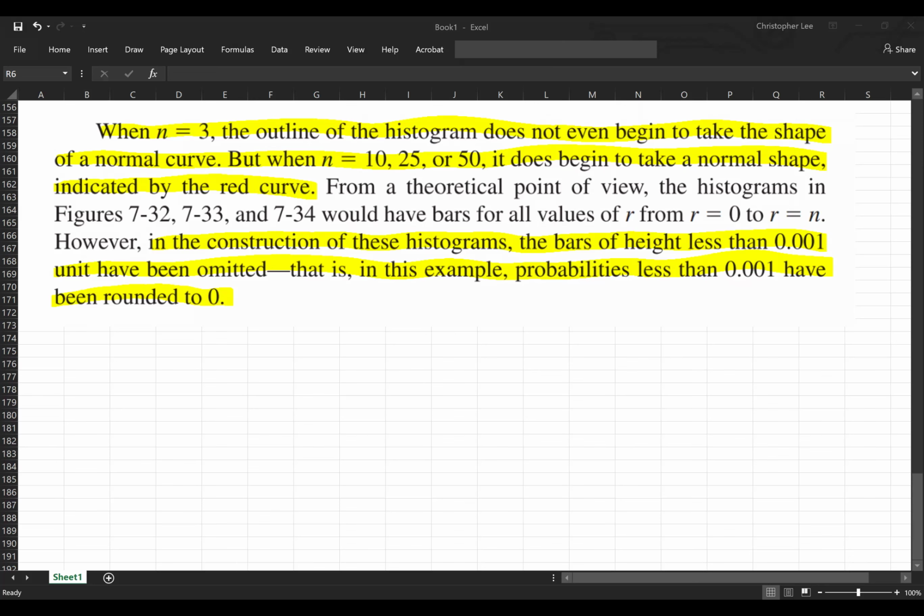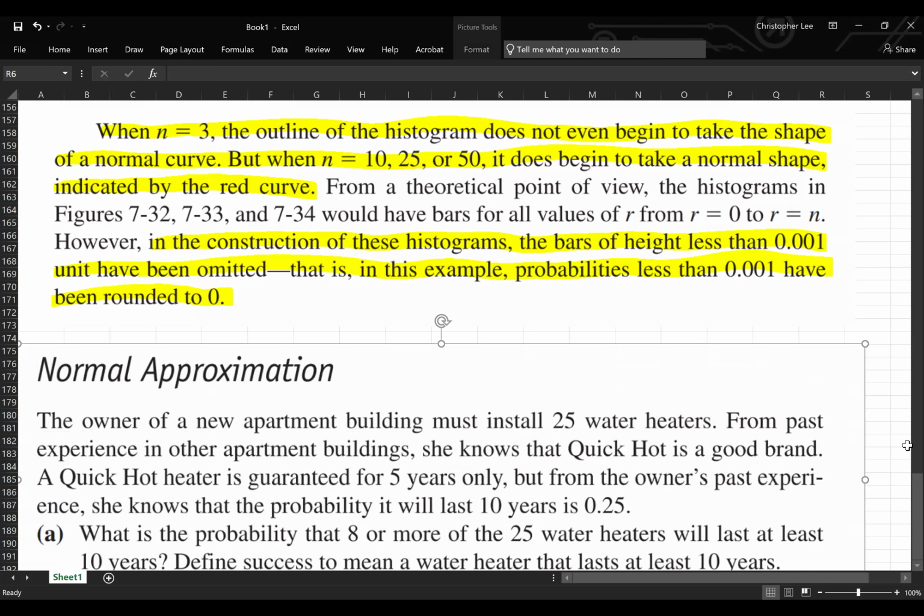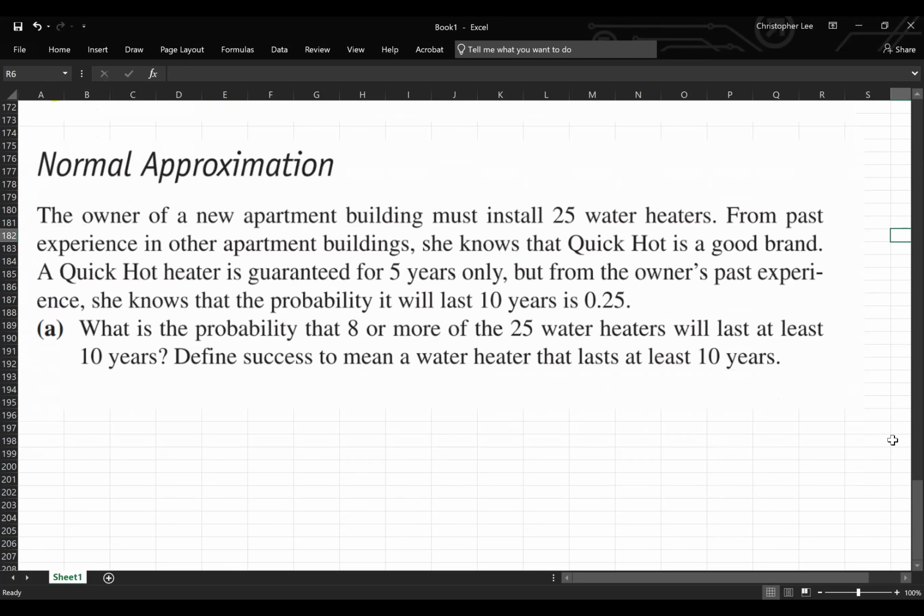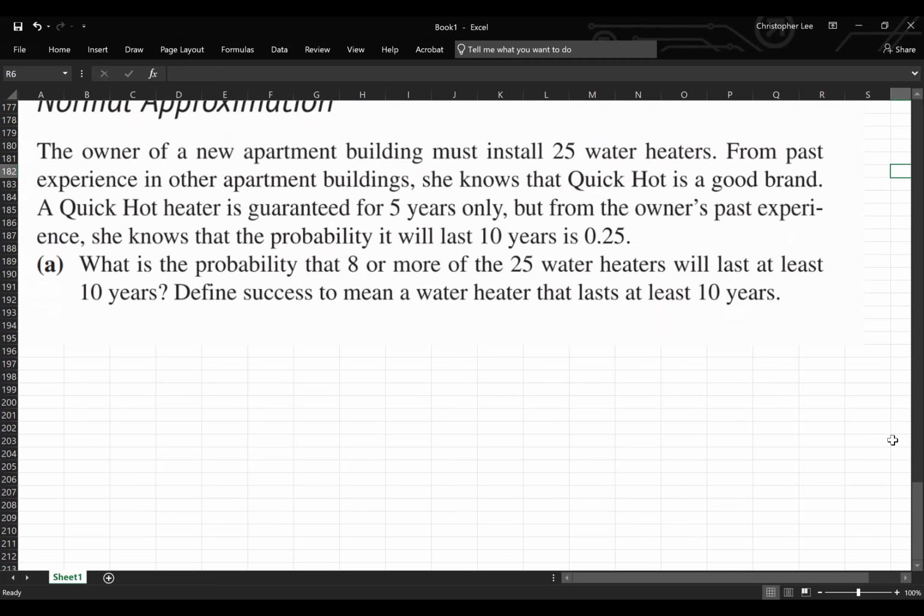All right, so let's look at this normal approximation. The owner of a new apartment building must install 25 water heaters. From past experience in other apartment buildings, she knows that Quick Hot is a good brand. A Quick Hot heater is guaranteed for 5 years only. But from the owner's past experience, she knows that the probability that it will last 10 years is